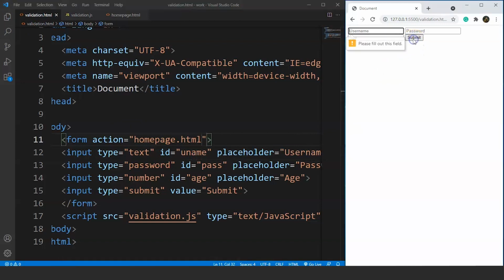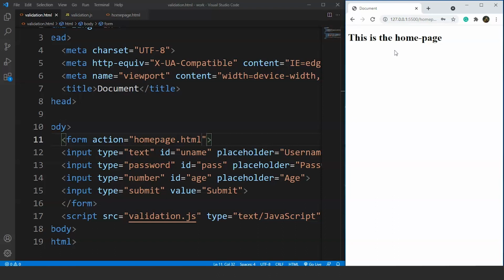Now on clicking the submit button, we have to fill something in for name and for password as well. So we'll write random values over here, submit it, and you can see we have been redirected to another page, and this is the home page of our website. However, it doesn't look like a home page. Still, we can assume it, right? So now we know what should be done if the user has correct credentials to enter the home page. We are almost done with the HTML part. We'll make some more changes to this file later.